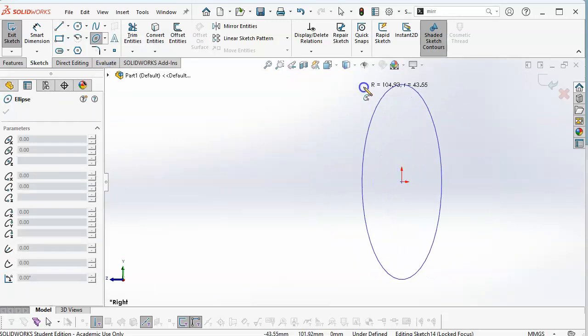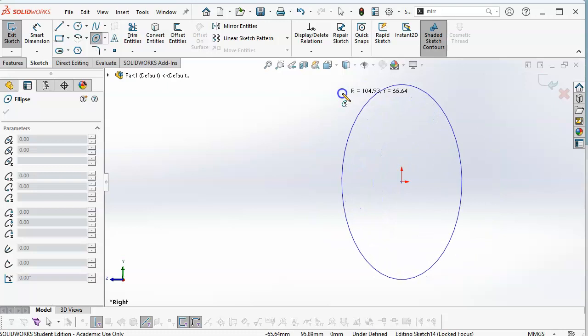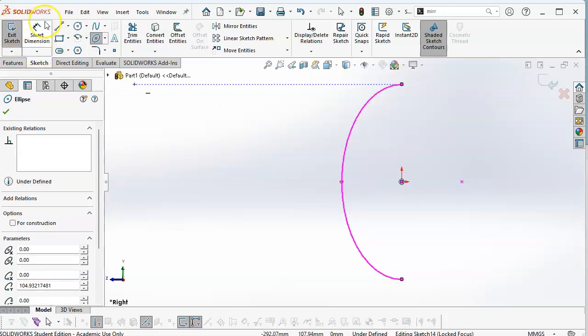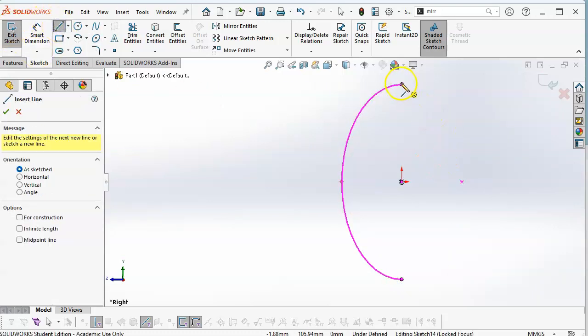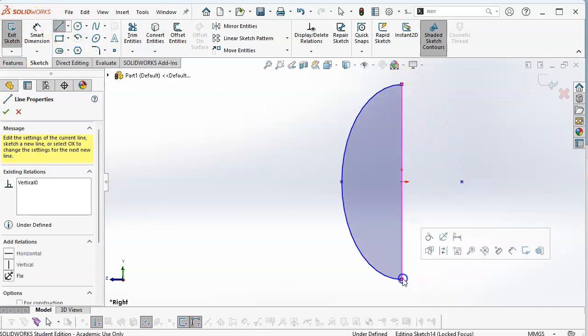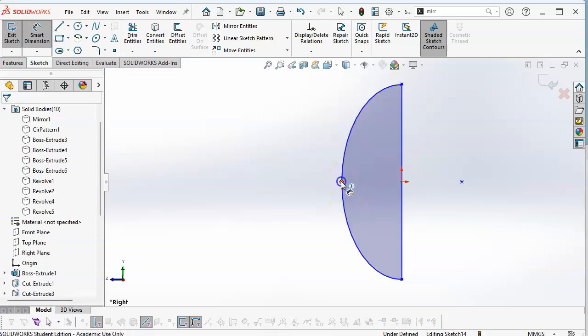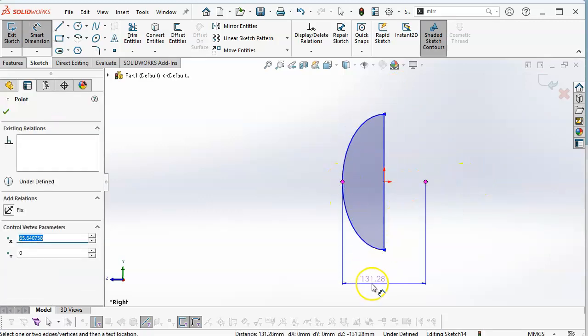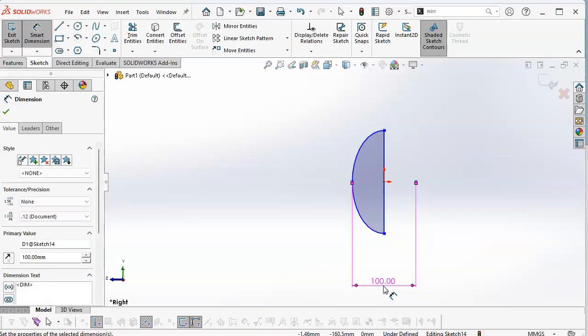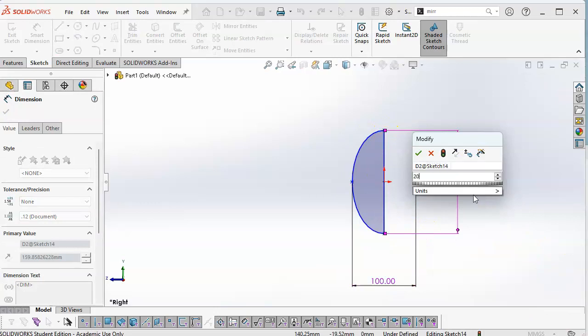I'm going to pick the major diameter and then the minor diameter, but then because this is a partial, I need to draw the partial that I actually want. Now the ellipse is still going to be solved as 4 node points, and then the definition between those 4 node points. So the minor axis 100, and the major axis will be my axis of rotation, so let's just say